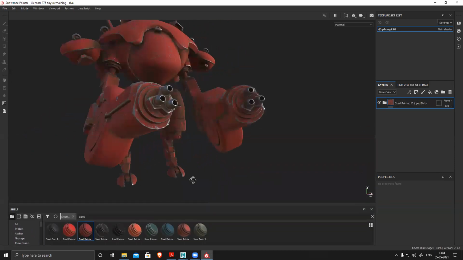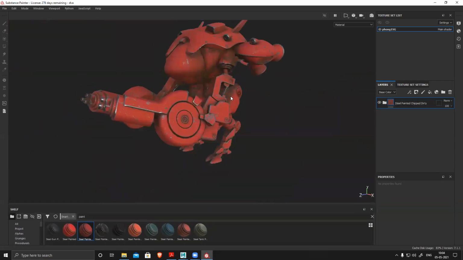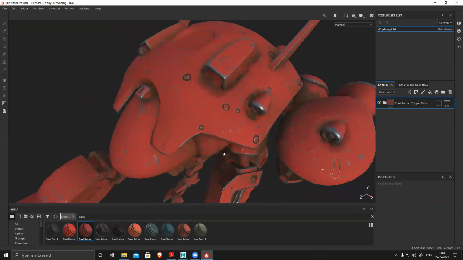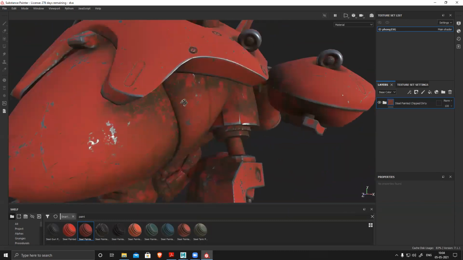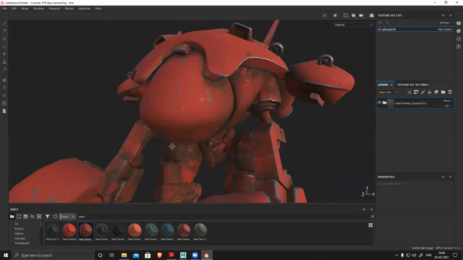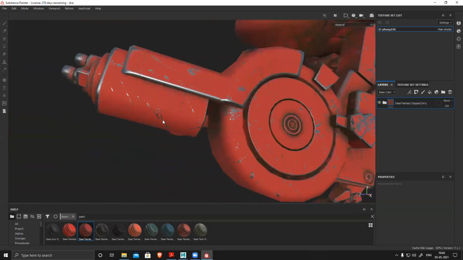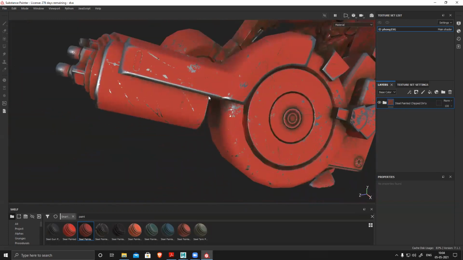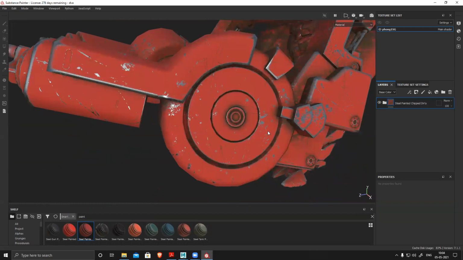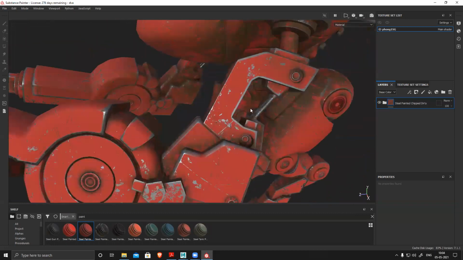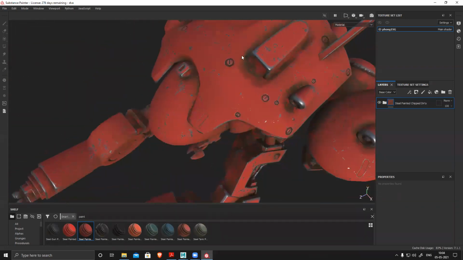I can see it has automatically generated the paint surface plus all the corner edge wear. Wherever you have a normal map, based on that it will generate all the information.